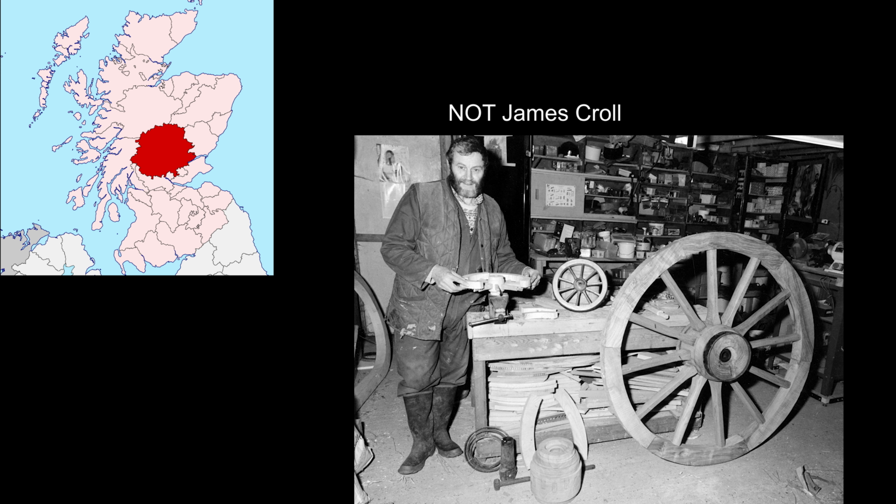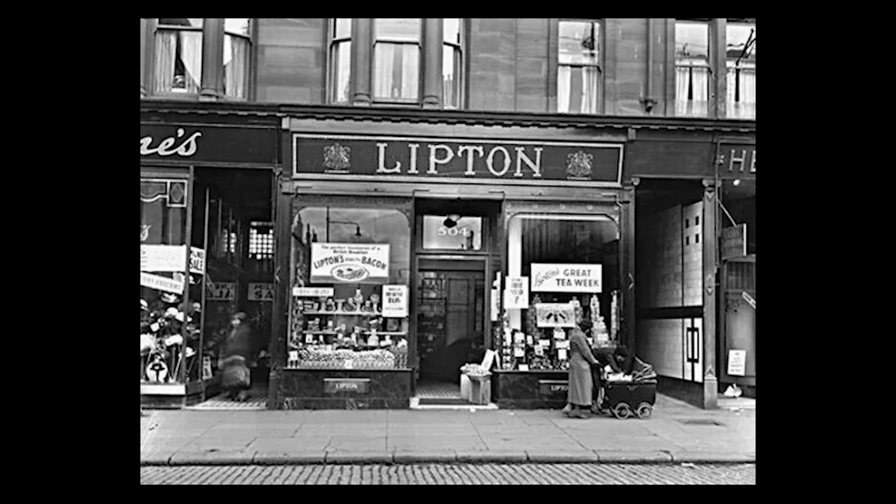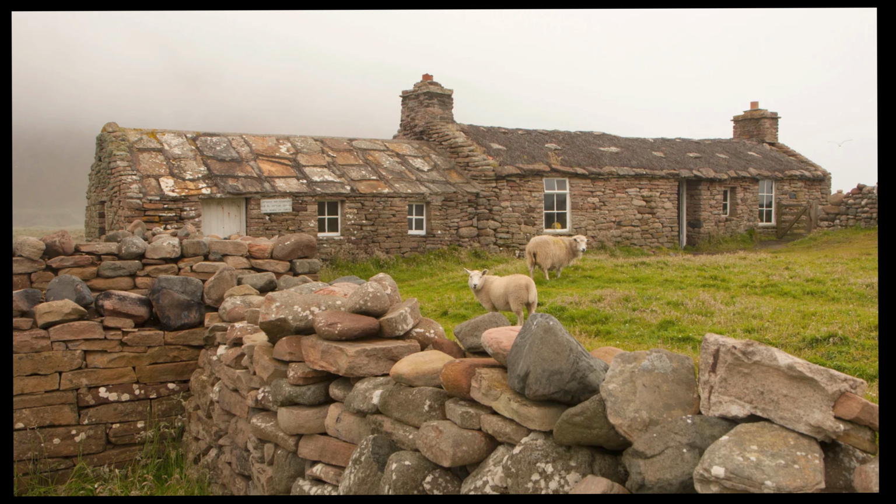He was born on a farm, self-educated. He taught himself physics and astronomy. By the time he was 16, he became a wheelwright. And then, because of health problems, he became a tea merchant. So he ran a tea shop in Moray. In the 1850s, he managed a hotel and then became an insurance agent.